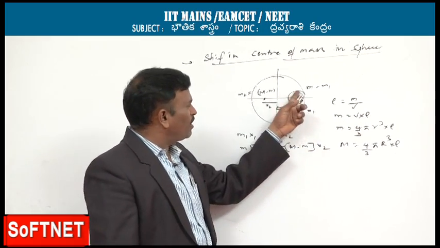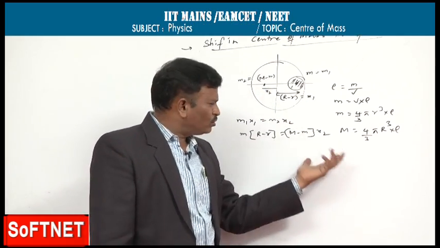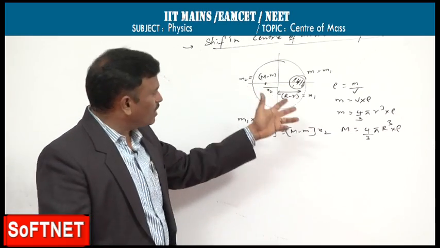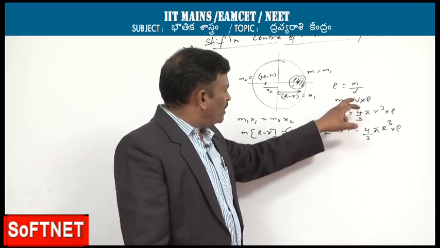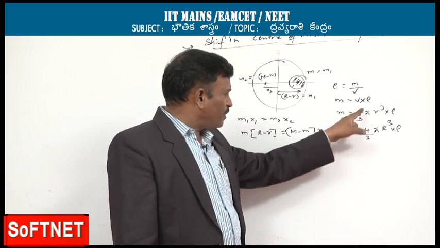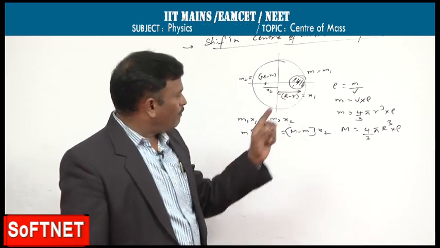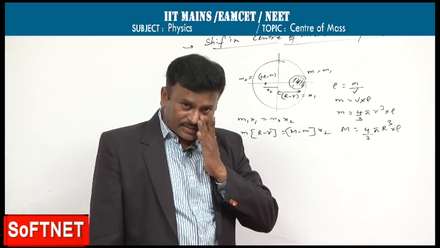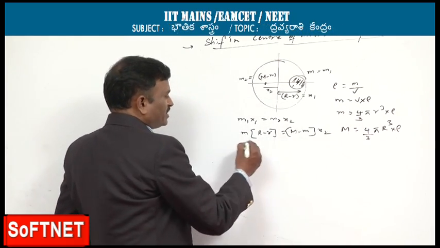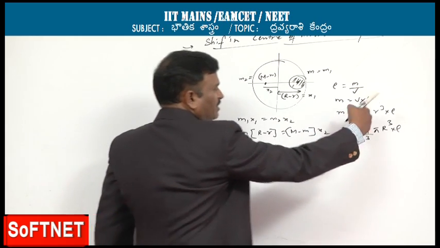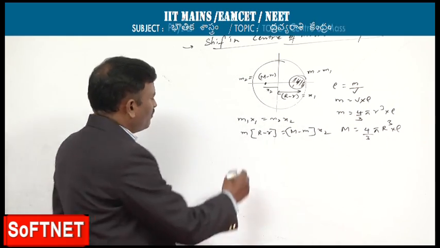Because small m is the removed portion, capital M minus small m is the remaining portion. Those two masses are from the same disk. That is the reason the density remained same. But which is differing? 4 by 3 is same, pi is same. Only the small r cube and capital R cube. That means mass depends upon the radius. So instead of writing all those things, we can straight away substitute, because this is a constant, this is a constant. Anyway the constant will be removed. We can write